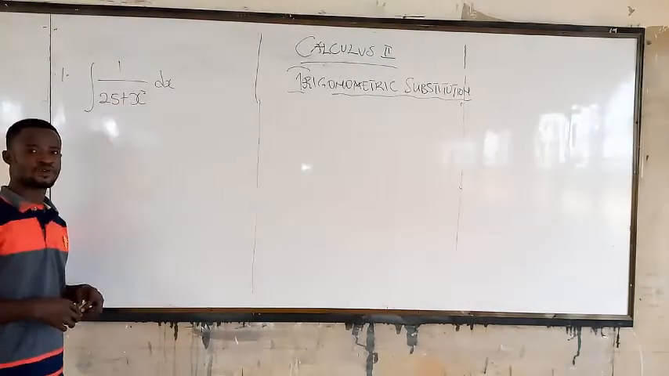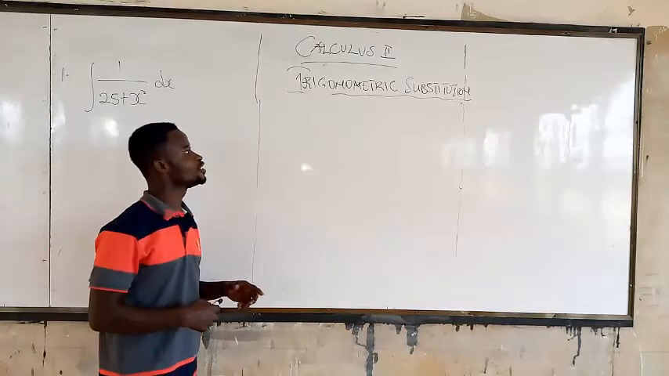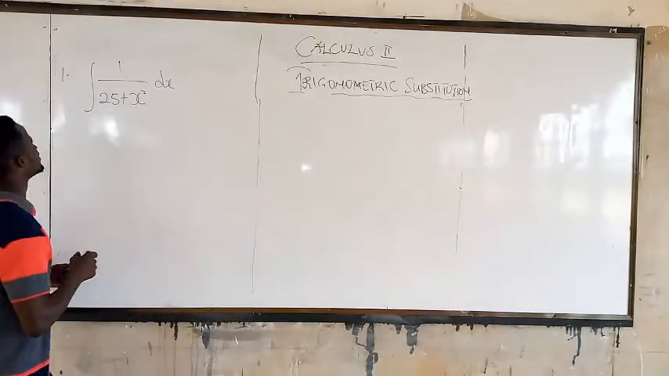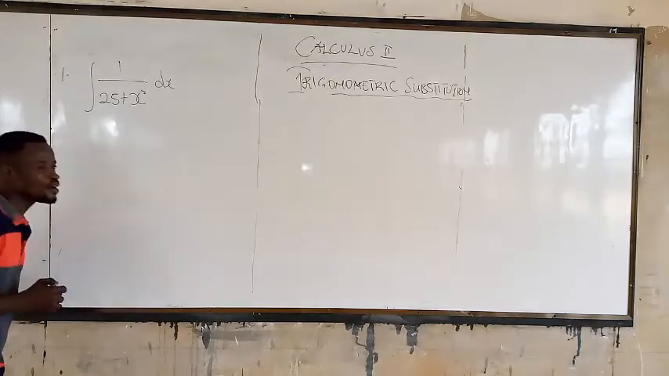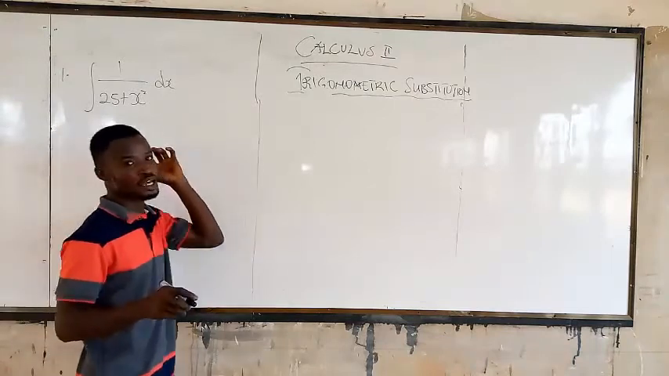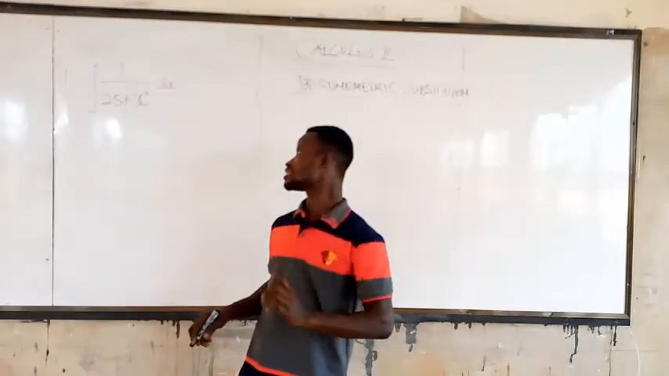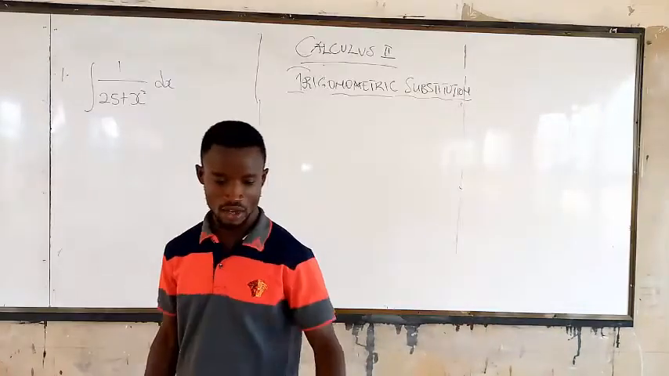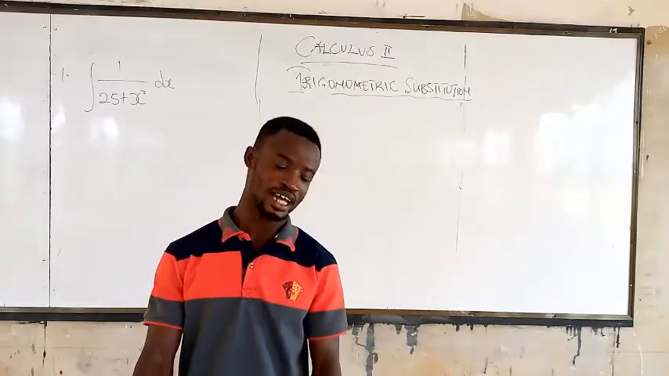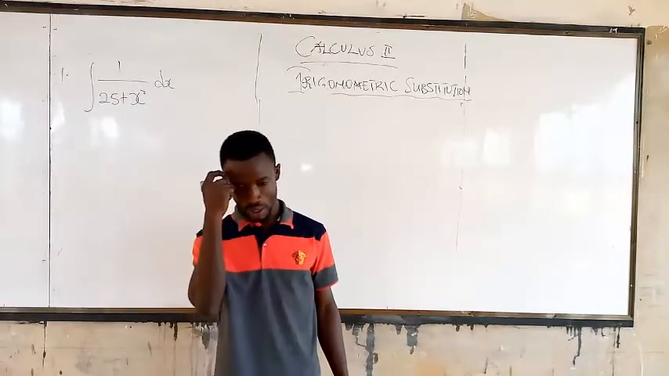So we have our first example here under trigonometric substitution. Alright, let's go. So now we always know that with this, you cannot solve this by trig substitution. Okay, we can solve it by u substitution. Okay, but